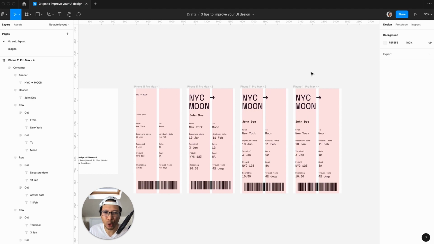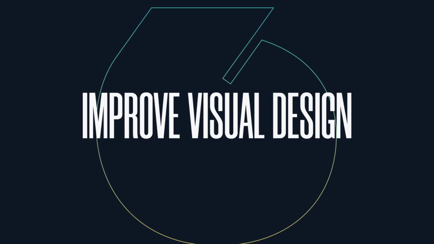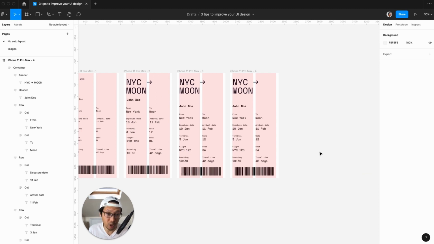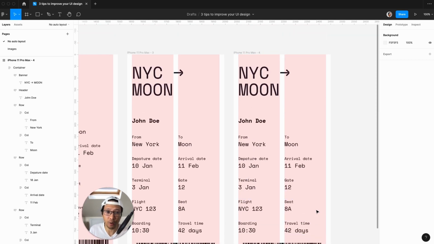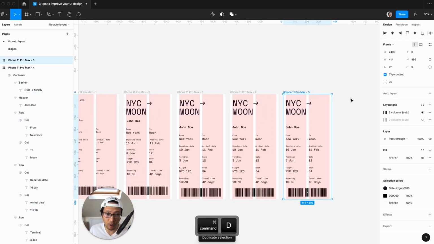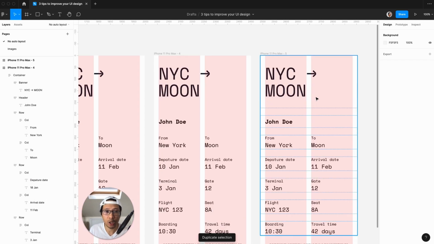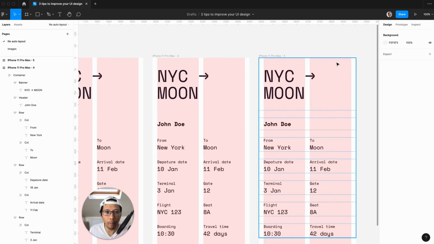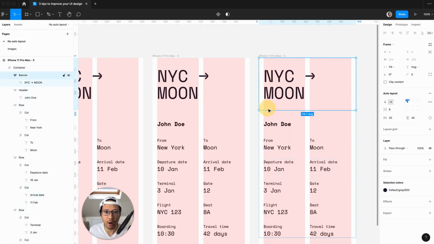This is where we get too deep into auto layout. Now, if you really want to improve your UI or visual design, how can we make this different? So it's already very simple, minimal and clean. This is something that I like. Now, if you want to go a step further, we can start using visuals. So for example, I'm already thinking of using a background on here and also changing this font. So for now, let's just say